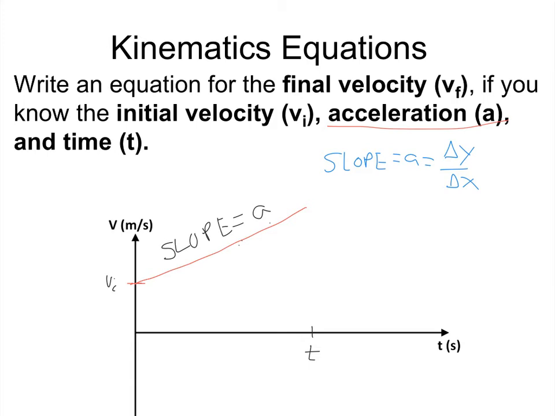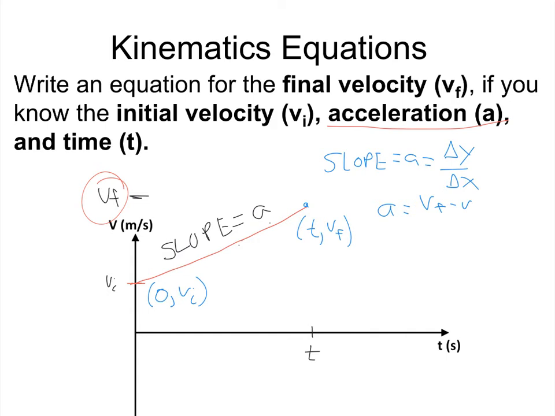I'm going to label some points here. We have the point 0, vi. And this point I actually know because I do know that I'm looking for this final velocity. That's the quantity I ultimately want to solve for. But I'm going to say that this final point is t comma vf. So I can say that a equals